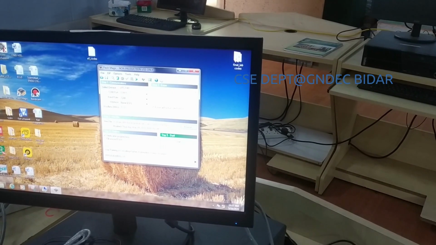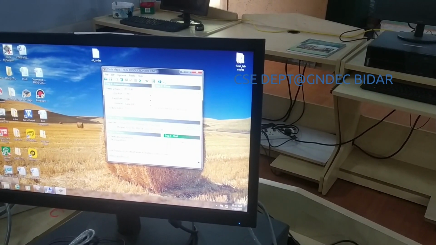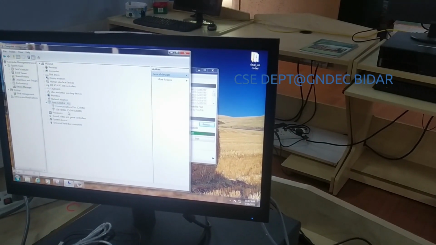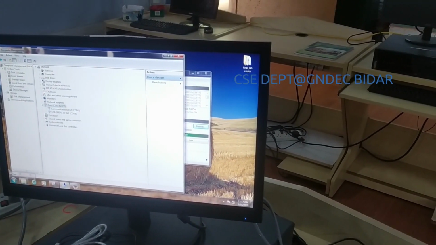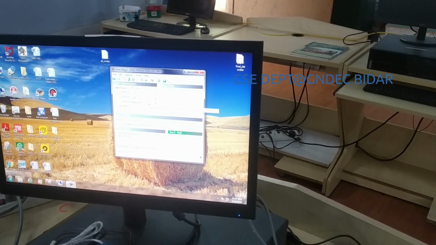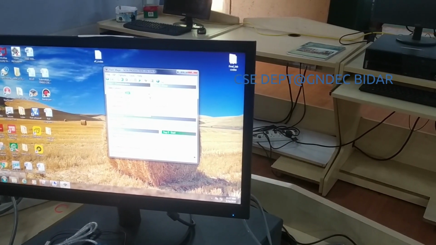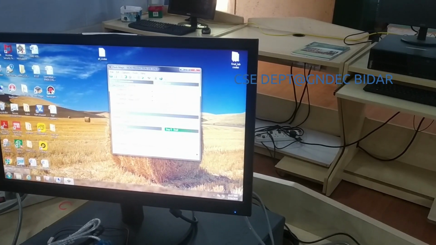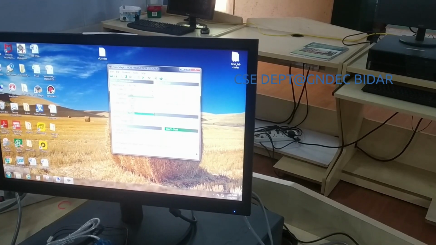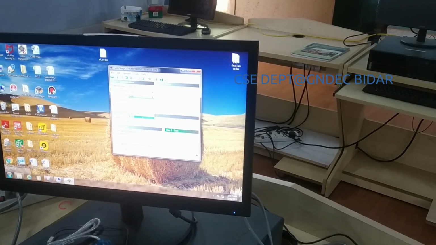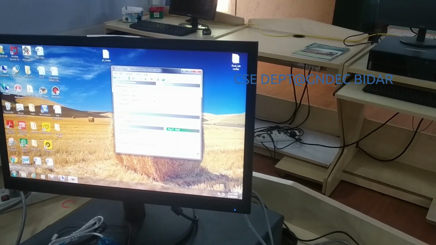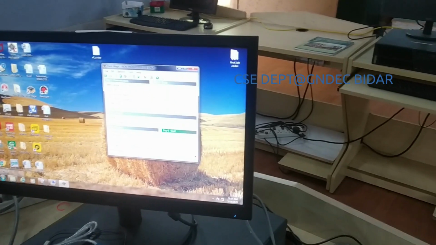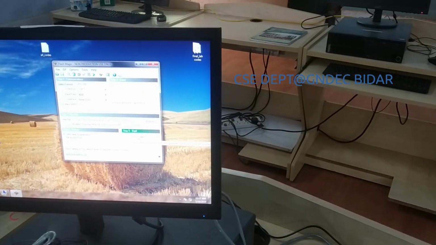Open this one, COM5. How to check this? Go to My Computer, go to Device Manager, Ports, click, and you can see USB serial connected to COM5. Our kit is connected to COM5 of the system. So here COM5 is chosen, and select the device LPC2148 which we are using. Then the baud rate you can set either 9600 or 7200. Let me set it to 9600. I already browsed the UART hex file. Rest all things you keep as they are, then click on start.